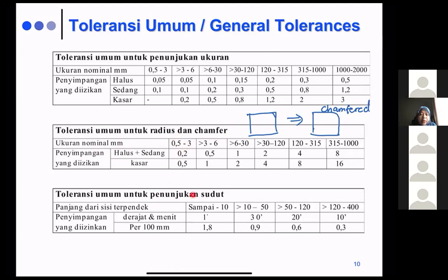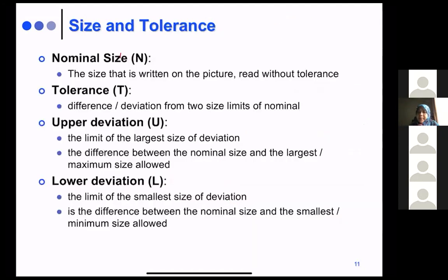And also this one is about the angle, penunjukan sudut. If we think about a part that has some degree like that, this is all the tolerance that is required. All right. Okay, so for the knowledge here, we have the nominal size,